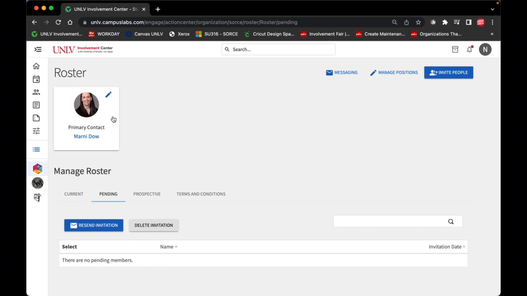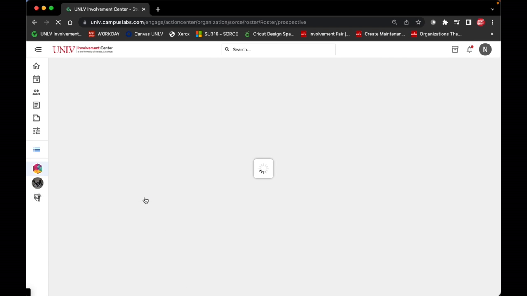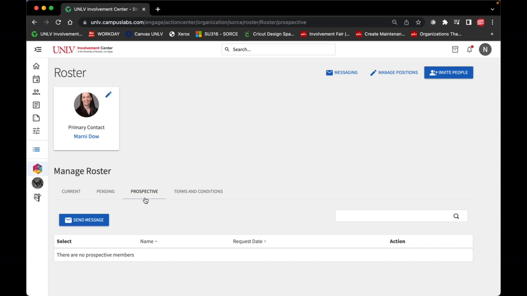The Prospective tab is where you'll see students that have requested to join your organization. You can then approve or deny their membership request. They have access to make this request on your organization's homepage. Clicking the Current tab,